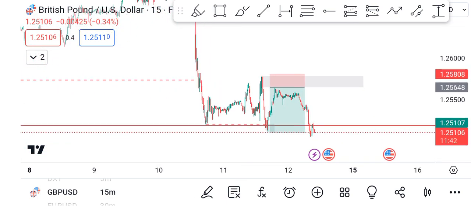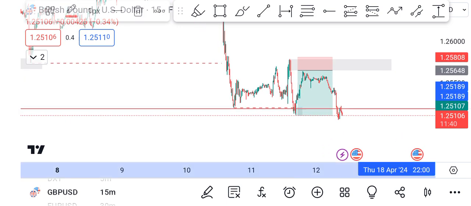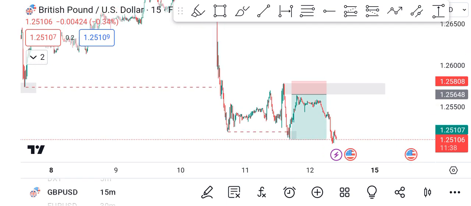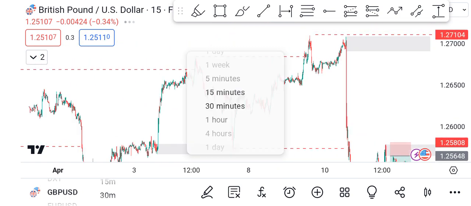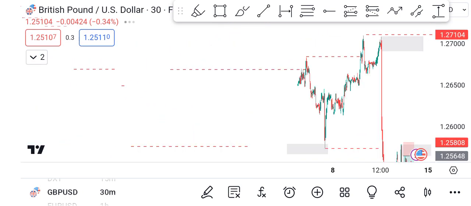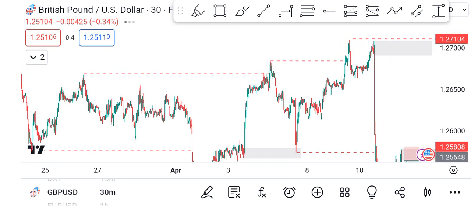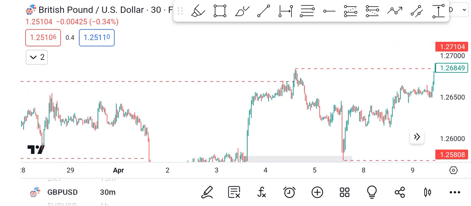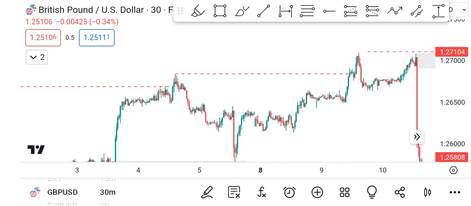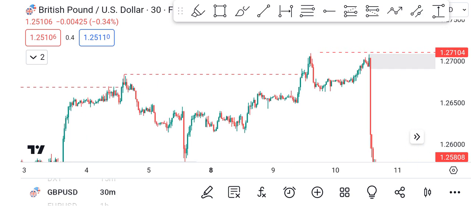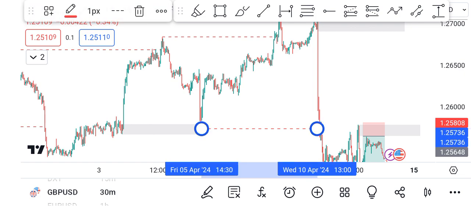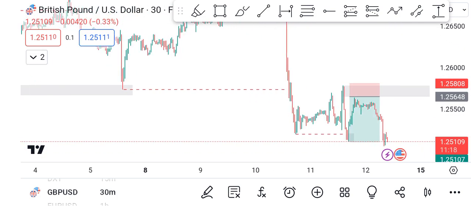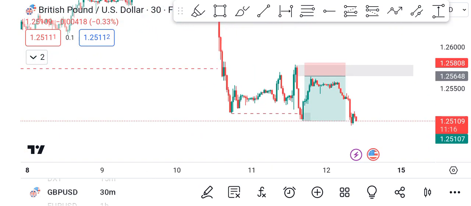Because you can see what actually happened here, let me delete this line so you can have a clearer view of what's happening. On the 30 minutes time frame, we can see we broke the structure here to the upside. We broke the structure here. We had the break of structure there. Then we had the market structure shifted down here. But what actually happened was, you can see